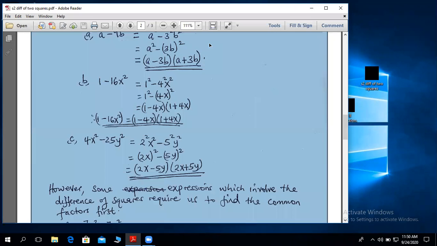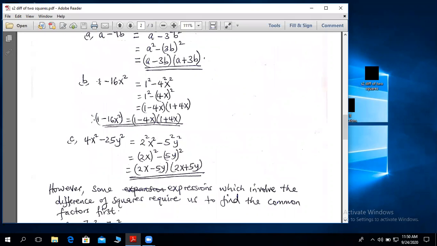Now here I give you another example. We are factorizing 1 minus 16x squared, and this is equal to 1 squared minus 4 squared x squared. Now listen, when you see 1 in a difference of 2 squares, 1 is always the same as 1 squared, because 1 squared is 1 times 1, which is still 1. So for us, even if we have not shown you that it is squared,